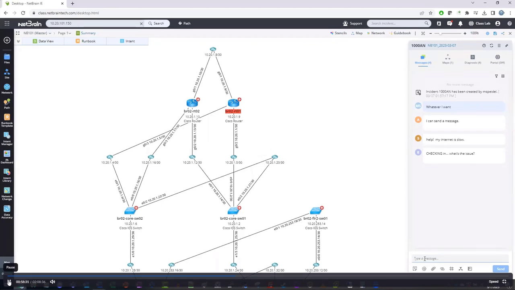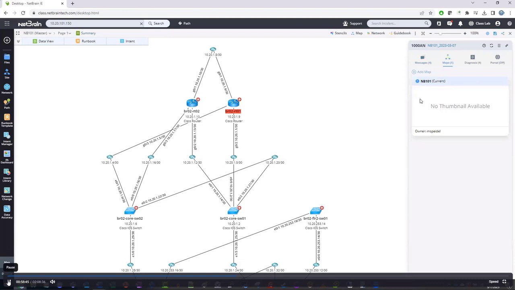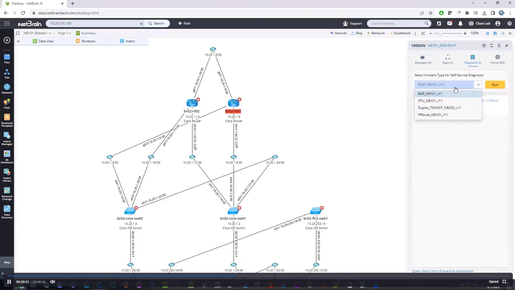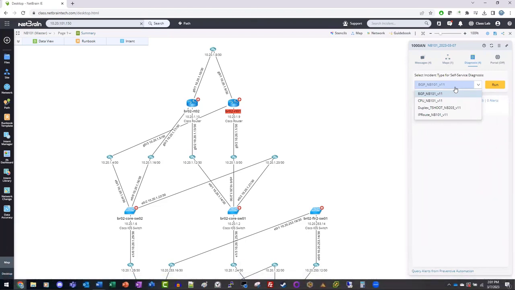So Twitter rules, basically. And as we'll see later, we can also link data from the runbook or from Smart CLI into our incident and display it. Now here we can see what maps are currently available. Diagnoses are predefined self-contained sets of automation, typically intents, that are created by typically super users for us. And what's nice about these is not only are they available right in incidents where they seem to be relevant